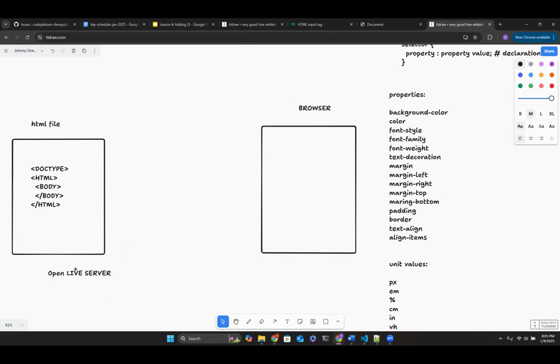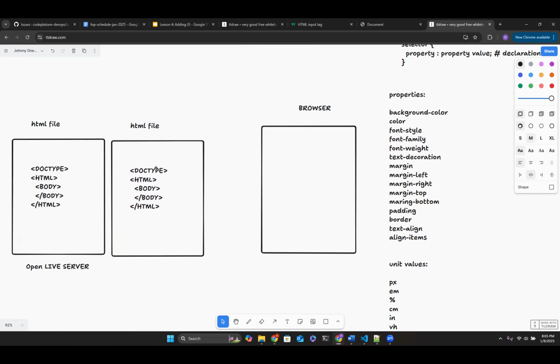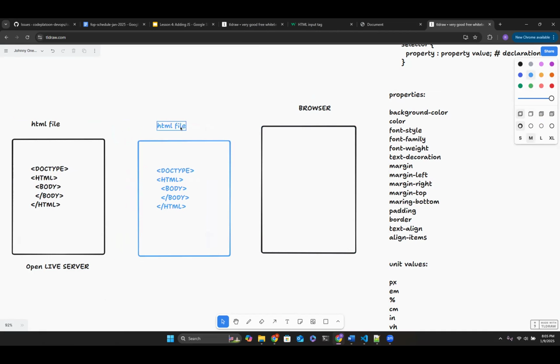What happens when your application runs is that a copy of this file is created, right? A copy of your HTML document is created, your program. And this copy is what ends up being known as the DOM.